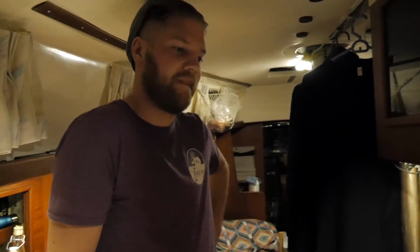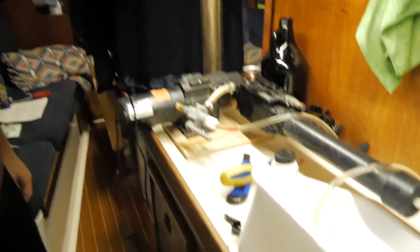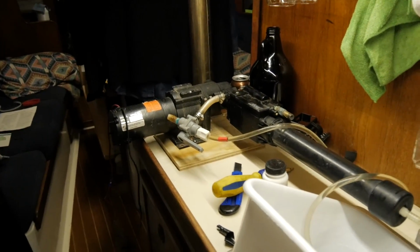Lyndon has yet another project taking over the whole boat, but this one is also pretty exciting. Probably more exciting than the last one, but just equally necessary. This is our water maker. It's a Power Survivor 35,